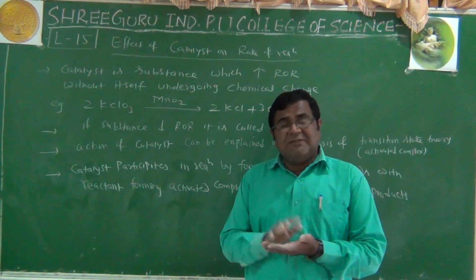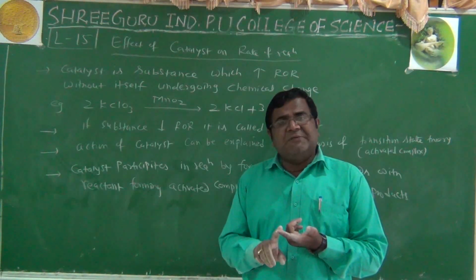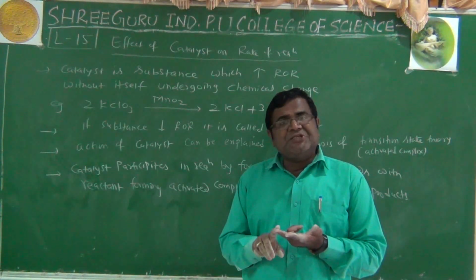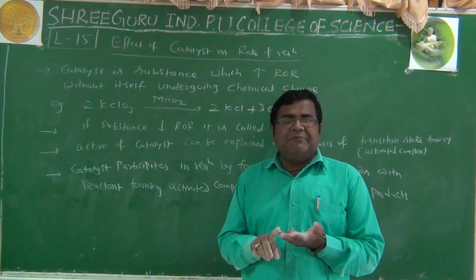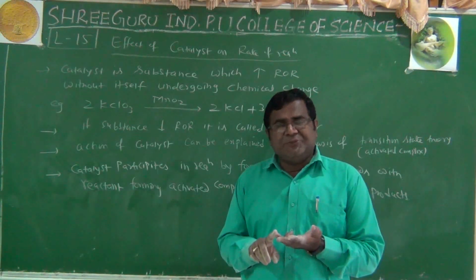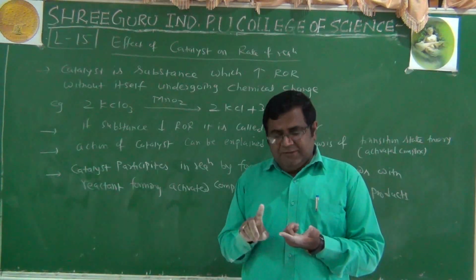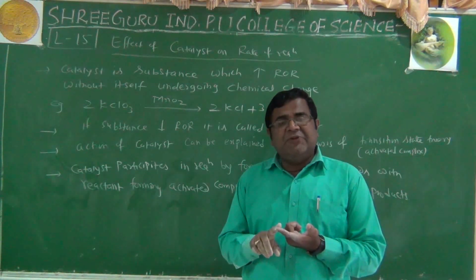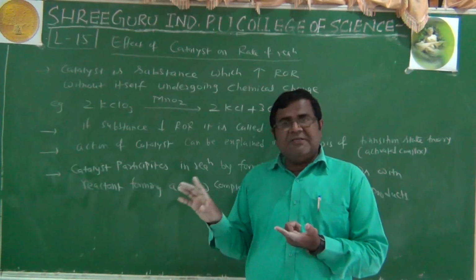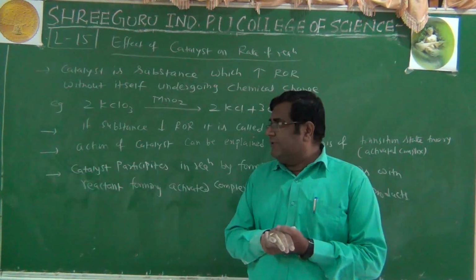Particularly, you have to practice the 5 forms of the Arrhenius equation, the graphical representation, and every term which comes into the Arrhenius equation. Definition of activation energy, definition of threshold energy, and then definition of collision frequency. These are the important terms in today's lecture.